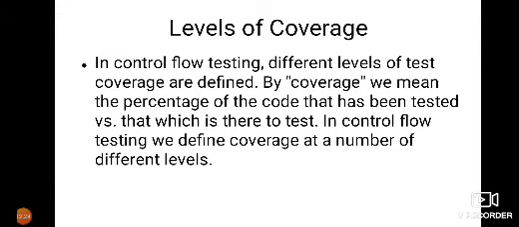First, I write the code. After I write the code, I convert the code to flow graph notation. Second, I find all the execution paths from the flow graph. Third, for every execution path I find, I write a test case to test that execution path. So I have three steps basically in control flow testing. One is convert the code to a flow graph. Two, find all execution paths from the flow graph. Third, write test cases for each of the execution paths that I find from the flow graph. So in control flow testing, I can have different levels of coverage.